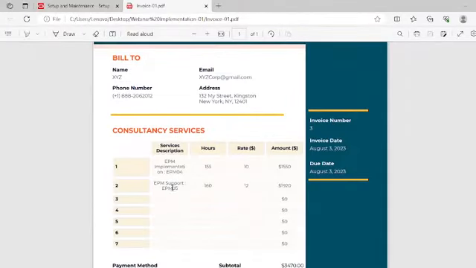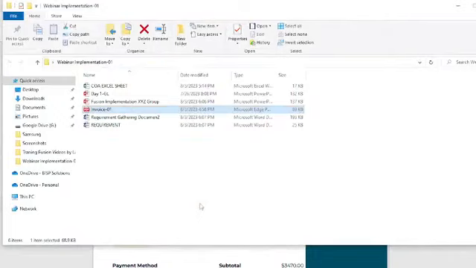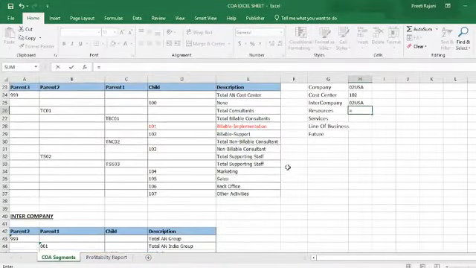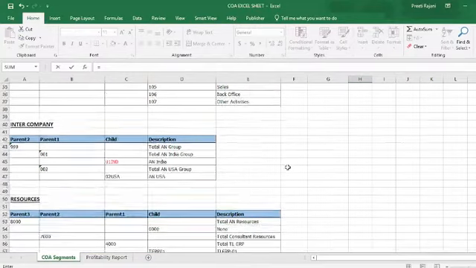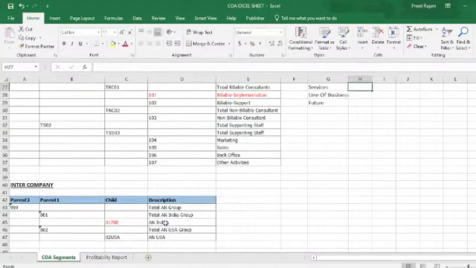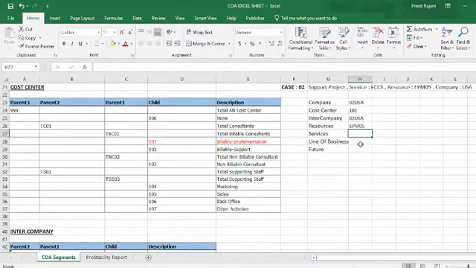You can see here under the billing, EPM 05 is providing this support services, and in these services you are providing this support for the FCCS project.